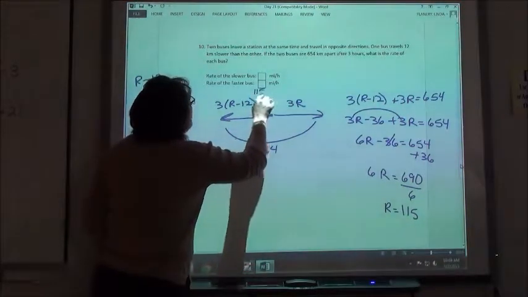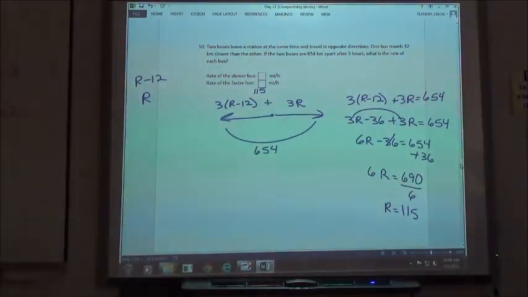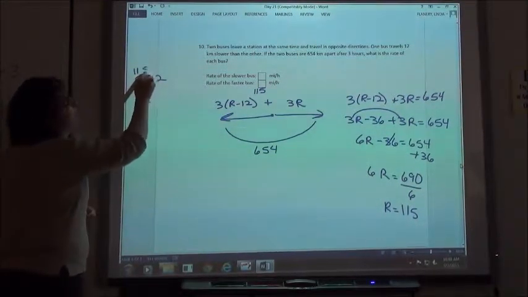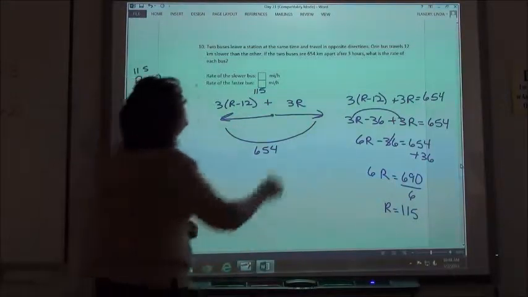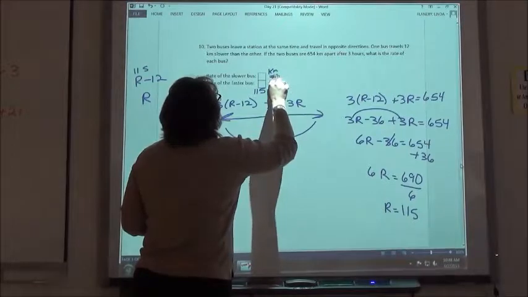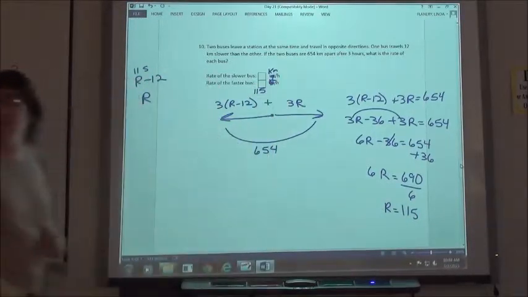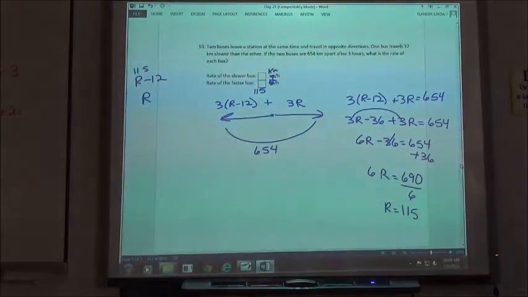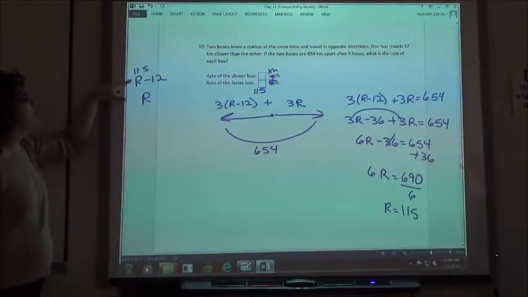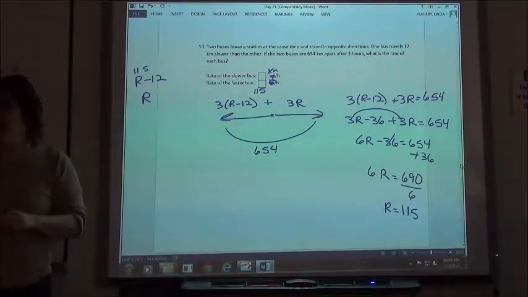Holy cow, he is going fast, 115. The rate of the slower bus then, I'm going to subtract 12 from that. Oh, that's supposed to be kilometers per hour. That's why it looks really fast. I was going to say, if he's going 115 miles an hour, that's really fast. But kilometers per hour would make more sense. It said kilometers up there. R minus 12, so 115 minus 12 would be